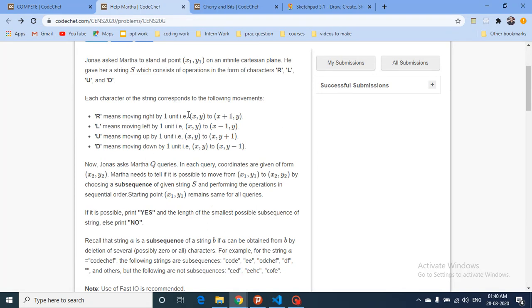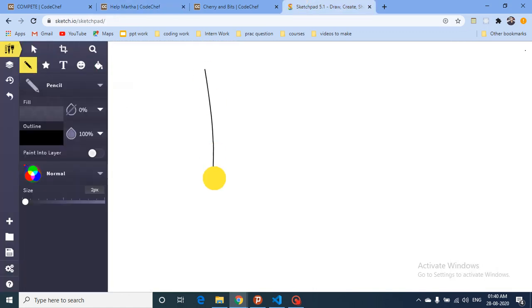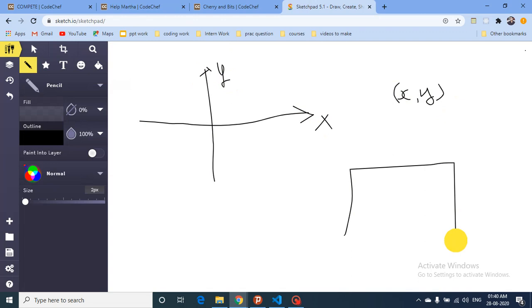One thing which I got confused about, and you should not get confused, is to always read what the coordinate system is. According to us, in the mathematical coordinate system, this is x and this is y. But if you write coordinates x, y in a grid, like a matrix, then x denotes this and y denotes this. So in this, x denotes the y direction and y denotes the x direction. As you have understood, both coordinate systems are different.